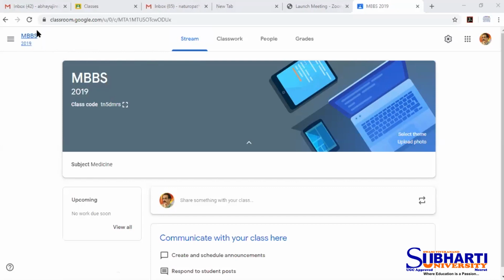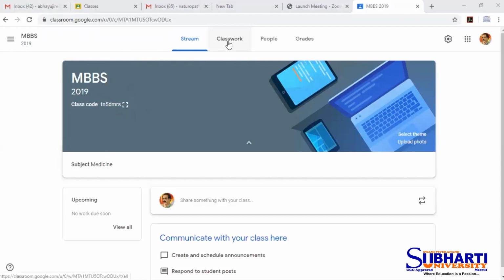Now, the next important thing. What we have learned so far is how to enter Google Classroom, how to create a classroom, and after creating a classroom, how to share this code or enter the students so that they can see the items we have posted in the Google Classroom.